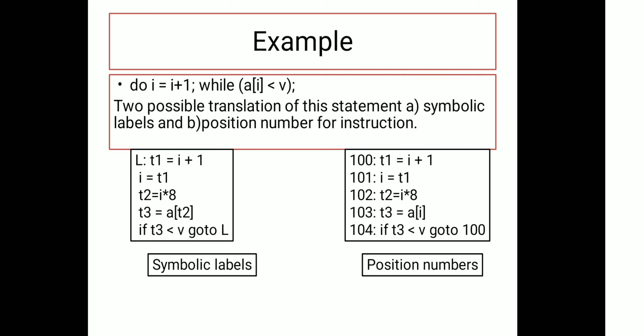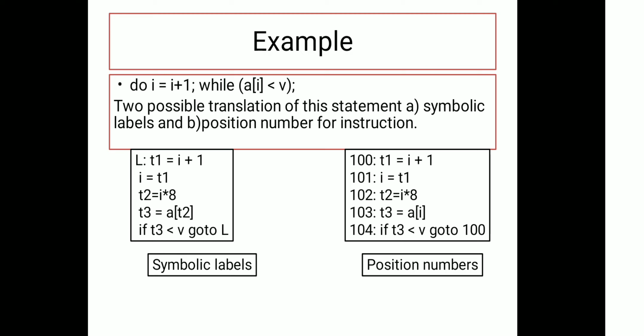Let's go through one example, the do while loop, and its 3 address instructions. There are two possible translations of this statement: by using symbolic labels and by using position numbers.